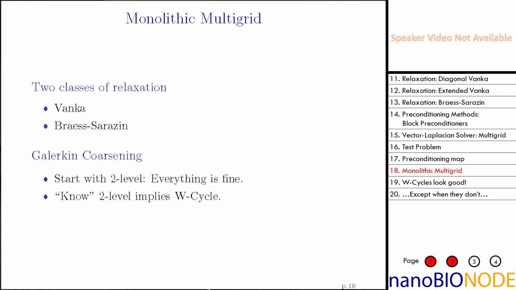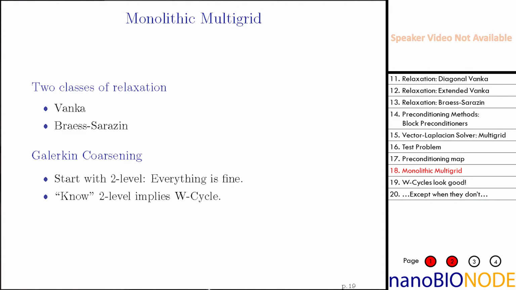So let's start again with the results from monolithic multigrid. We've got our 2 classes of relaxation. We've got Vanka and Braess-Sarazin, and of course several different flavors of those. And so we started with a 2-level method because it's easy. And everything was basically all hunky-dory with 2-level. And so we kind of know that 2-level convergence implies that W cycles will work for us. We haven't done all the legwork to make sure that